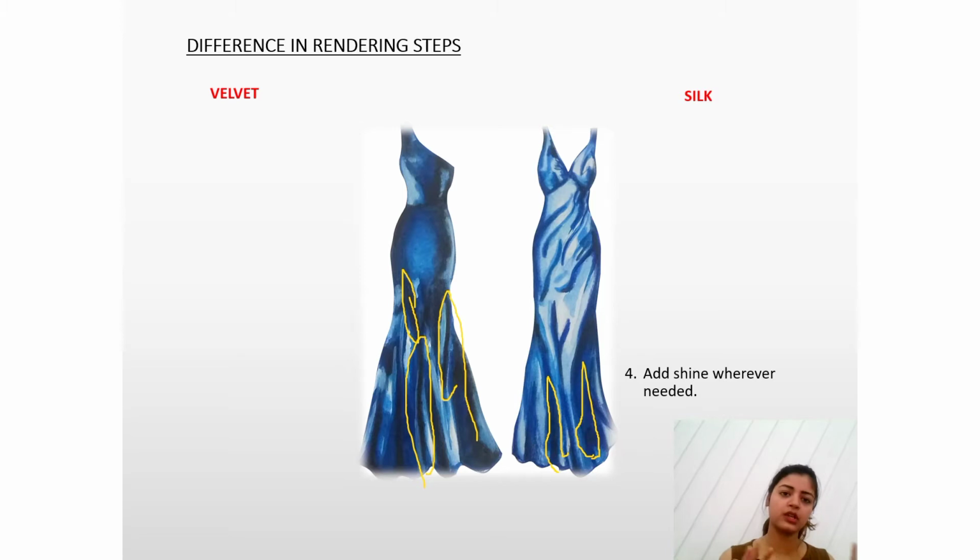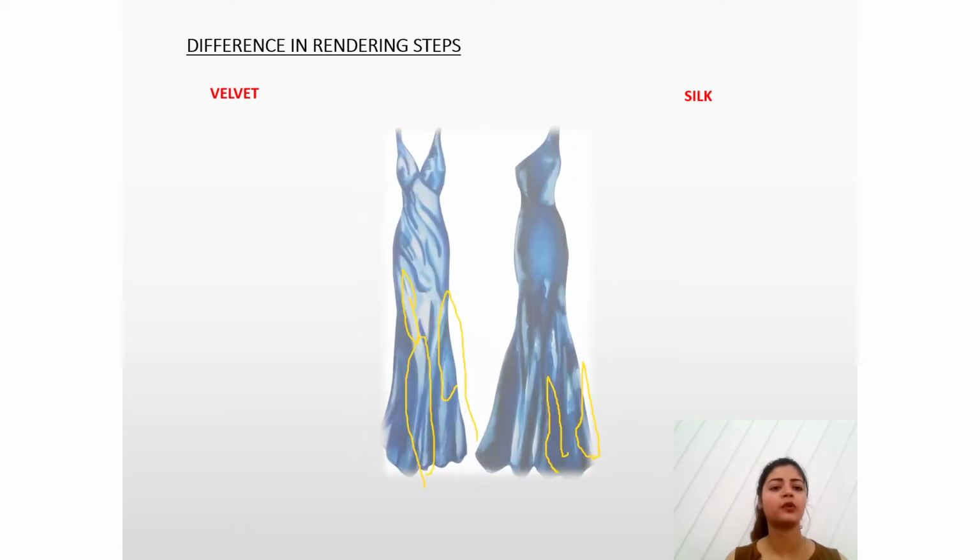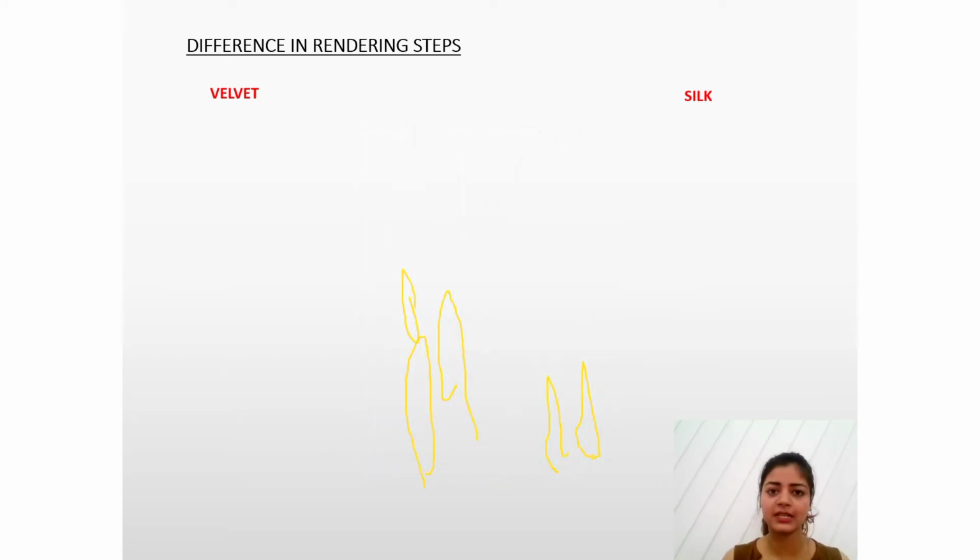So it's totally optional. If you want to add more shine to your fabric, then you can add the white touch. Otherwise, it's totally optional. So you can see here that 3 out of 4 steps are totally the same, but the difference arises in the second step, where we have to show our folds, and the steps for showing folds are vice versa in both fabrics. So I hope this concept is now completely clear to you.